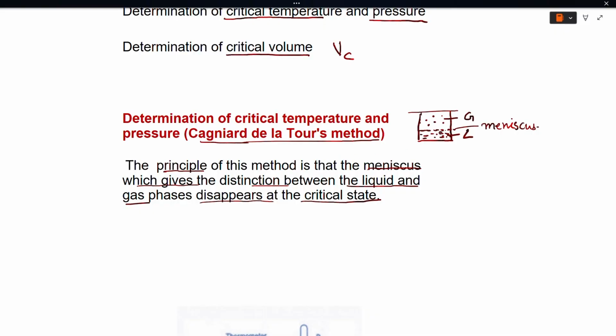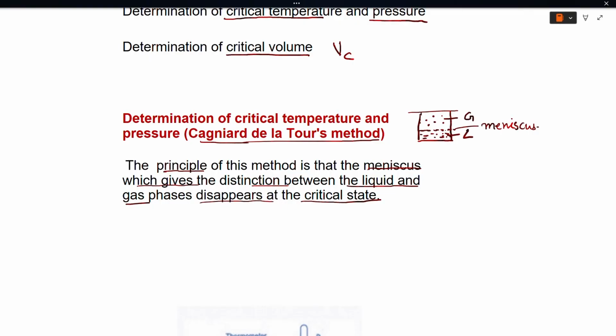So, critical temperature is when there is the disappearance of the meniscus, and also in the reverse case, if I am heating a liquid, the meniscus will disappear, and if I am cooling, that will be the temperature at which the meniscus appears. So, critical temperature is that temperature at which there will be the disappearance of this meniscus, which shows a demarcation between the